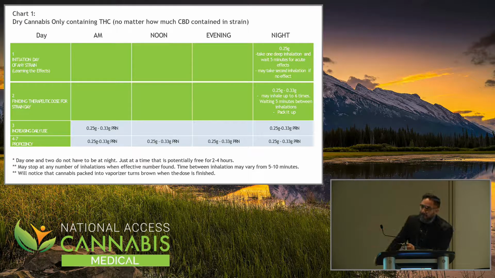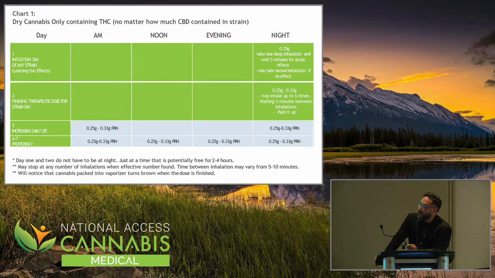You can use this for THC or CBD, but usually whenever we're talking about a dosing protocol, we're talking about how to dose THC because it's the one with the psychoactive effects or any of the other negative side effects that you usually get from cannabis. So this is the one you want to start lower or slower than you would CBD. But it's always okay to start CBD this way as well. If they're only using a strain like Charlotte's Web and they're vaping it, it's totally fine to start with 0.25, but I don't care if they start with 0.5. It won't make much of a difference to them.